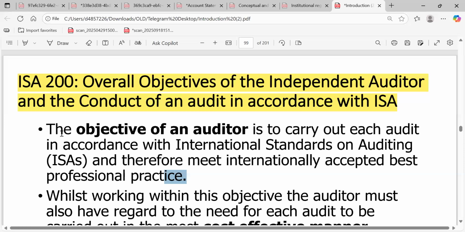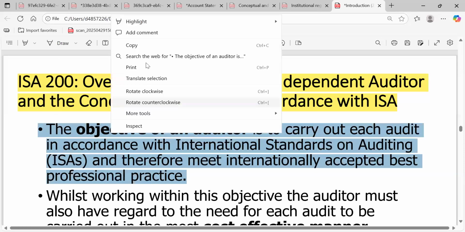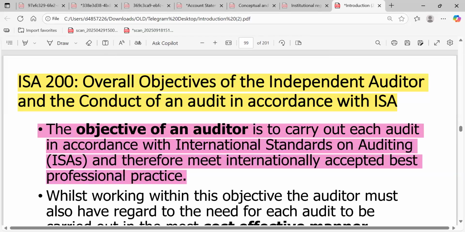Please, this thing, it always comes in the exam, so let me color it. You always be asked, what is the objective of ISA 200? So our first standard is ISA 200, International Standards on Auditing 200. So this standard explains that